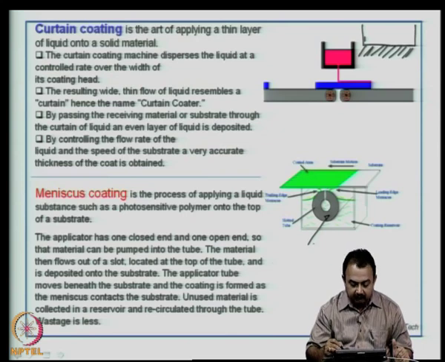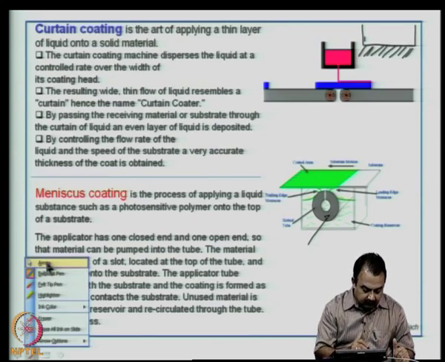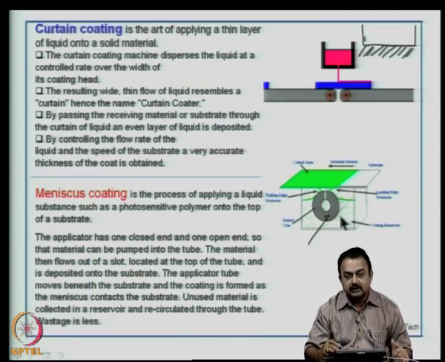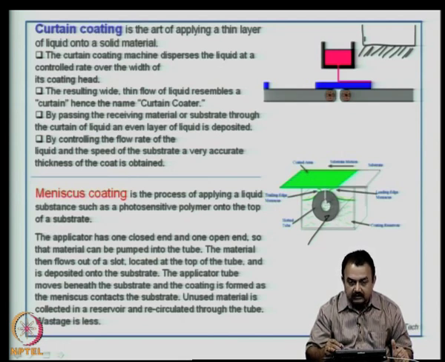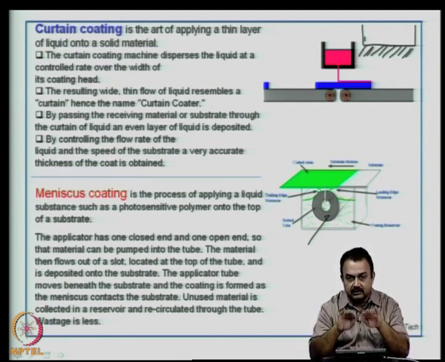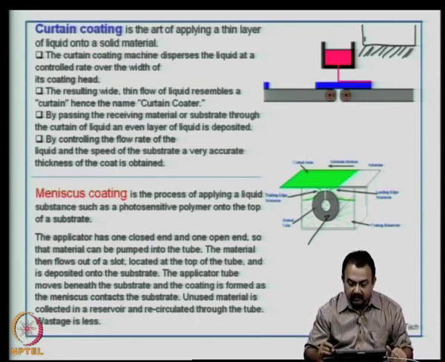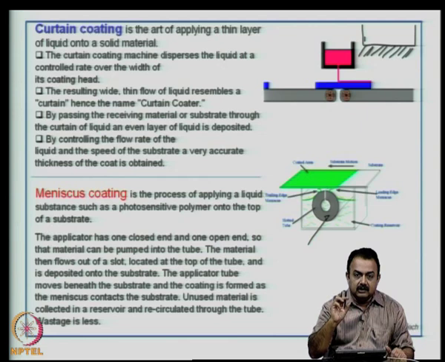The liquid dielectric material is now pumped through the tube, and it comes out of the slot as a meniscus. It flows like a cascade from both sides. And this meniscus, this flow at the top, will have a definite thickness. It will be a very small